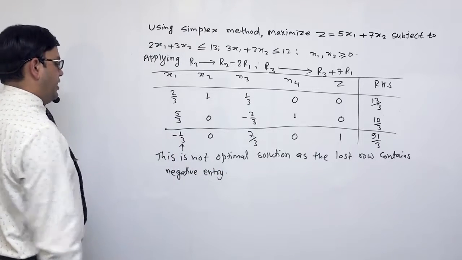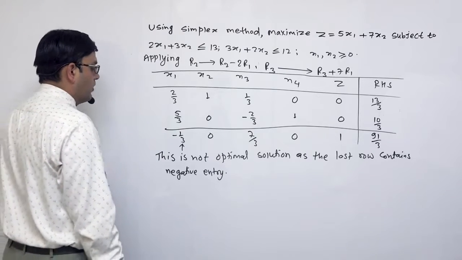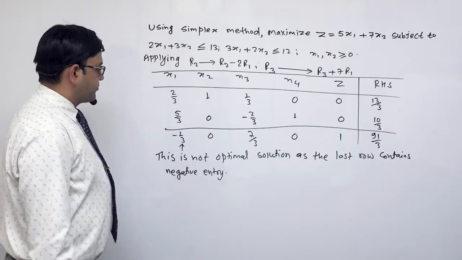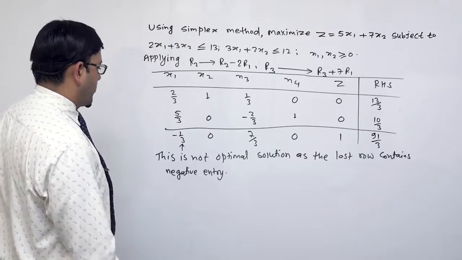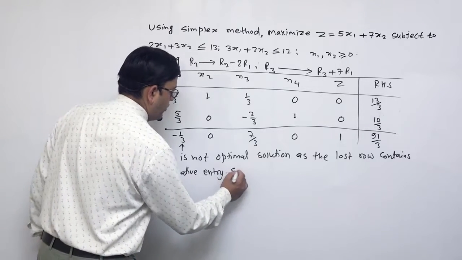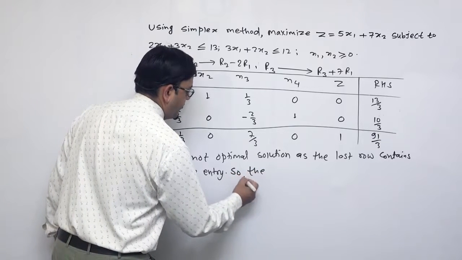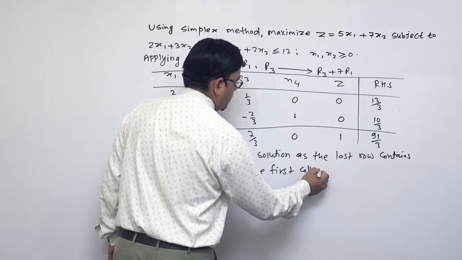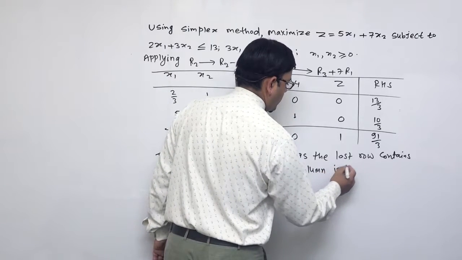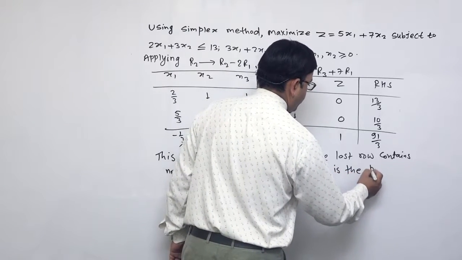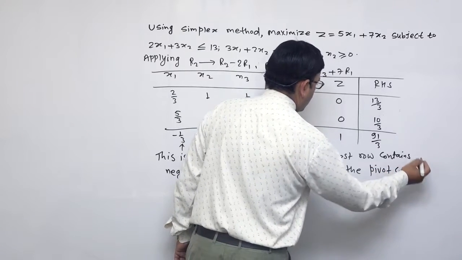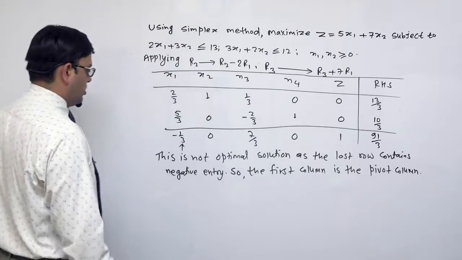Last row contain the negative entry. अब यसमा हामीले चाहिँ so this first column is the pivot column. So the first column is the pivot column. Since